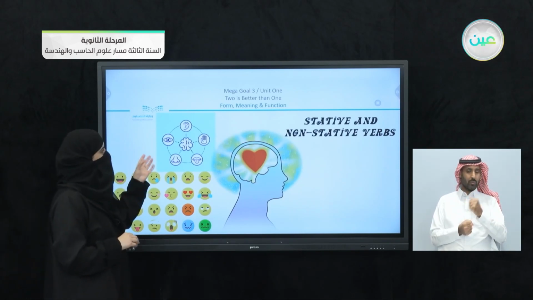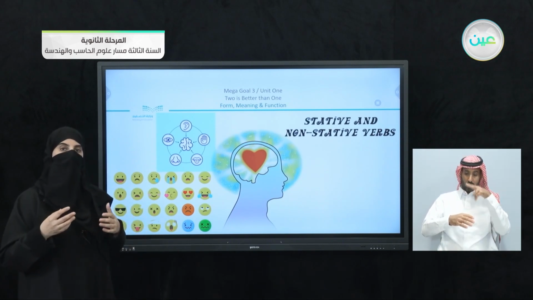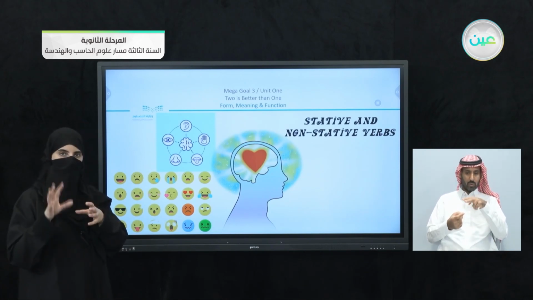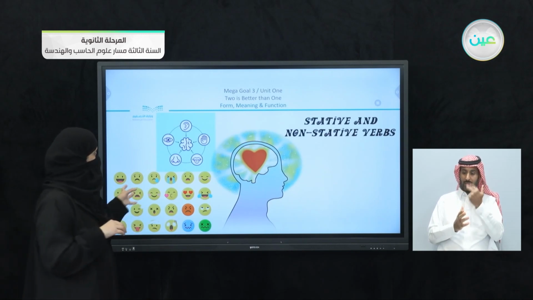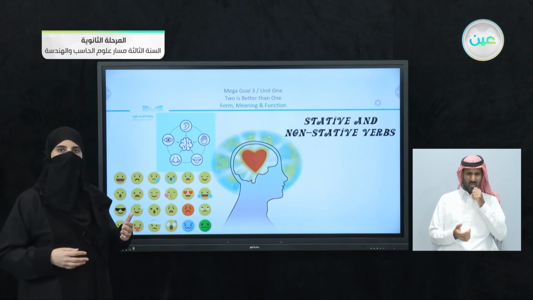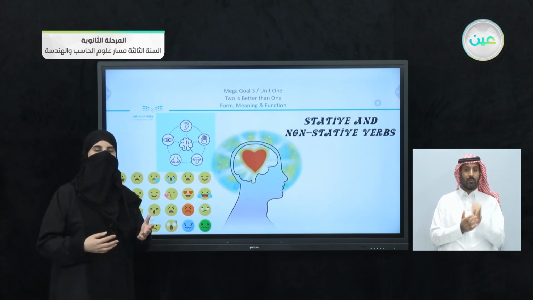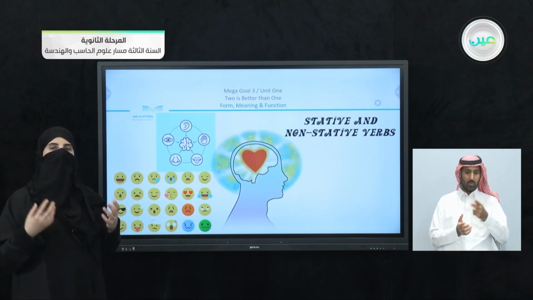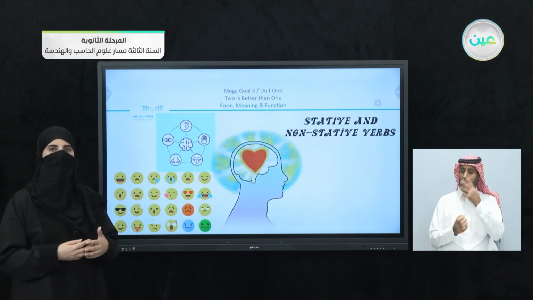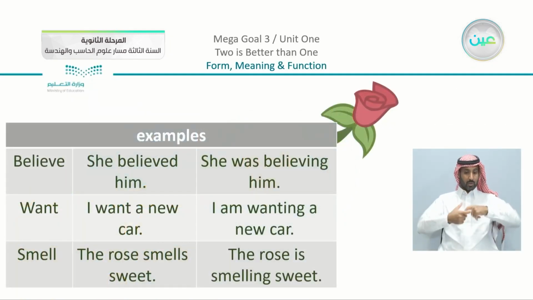We have also senses like hear, feel, see. Now here, these verbs also are not verbs that you can see. And we have also different feelings, when I feel that I am angry or worried, or let's say excited about something. Also these are adjectives that cannot be transformed, or they cannot be seen as verbs. So which means that we have here stative and non-stative verbs. Now I'm going to just move on and see what is the connection. Here we have some examples.